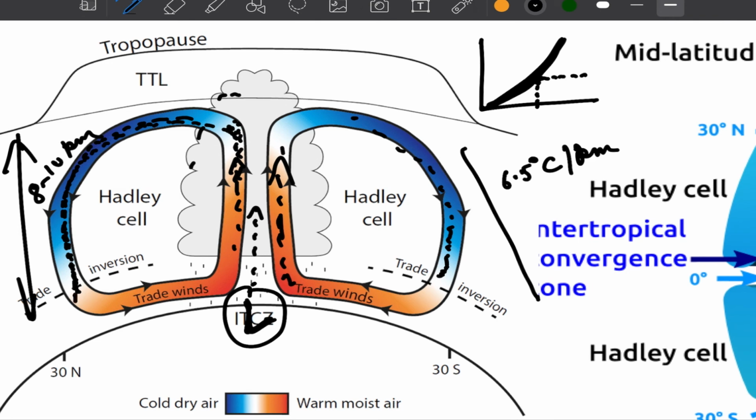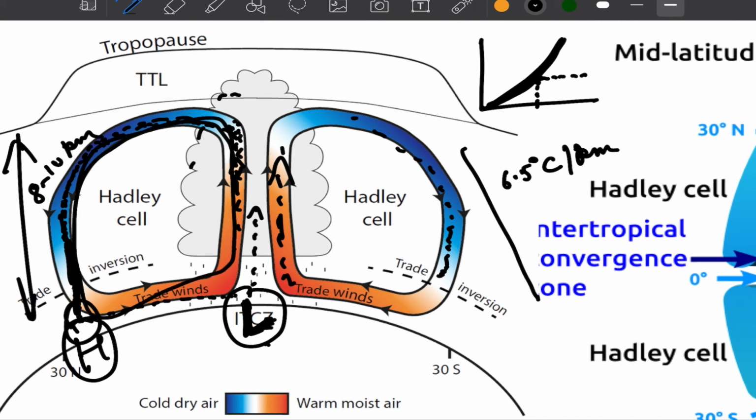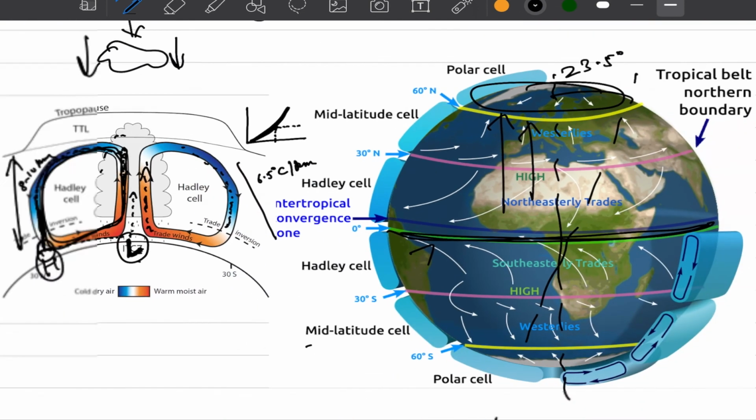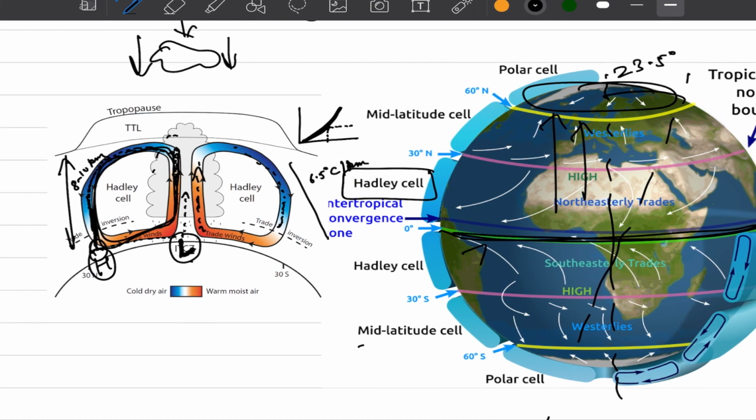And now once it descends here, we already have a low pressure here, and this is a convergence zone that is getting set up. And from this subtropical convergence zone, it will start moving towards the equator, as we have high pressure here and low pressure towards the equator, and this cycle gets set up continuously. And the cycle that is set up between the equator and 30-degree north and 30-degree south of latitudes is known as the Hadley cell. This is called a cell or circulation, and it is named after the scientist who contributed towards its discovery, and hence the name Hadley cell.